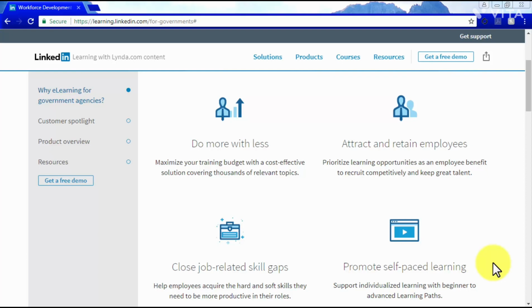This is possible because LinkedIn Learning Solutions can help government agencies to maximize their training budgets, thanks to its cost-effective approach at covering thousands of relevant educational topics, to prioritize learning opportunities as another employee benefit offered by the organization, while also helping these employees to acquire soft and hard skills that they will need to be more productive in